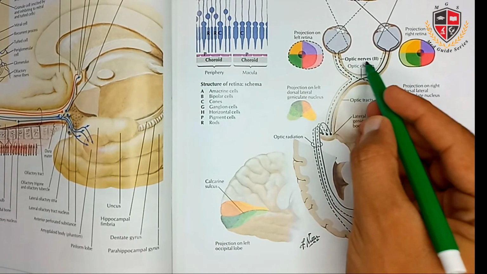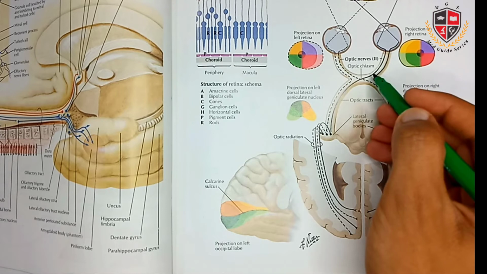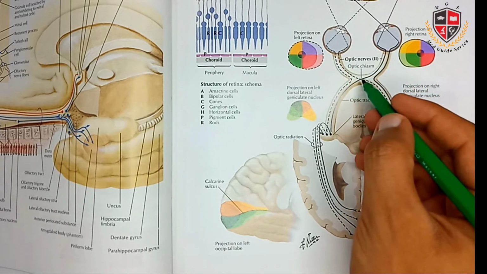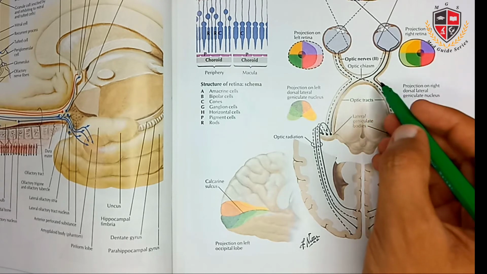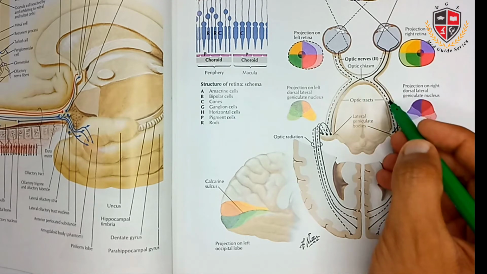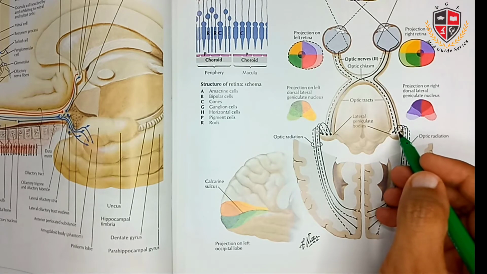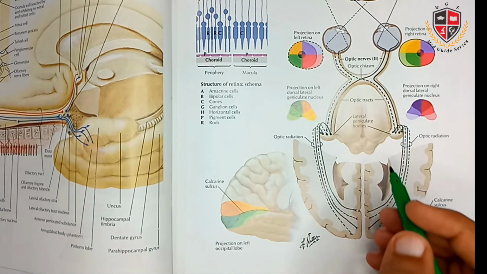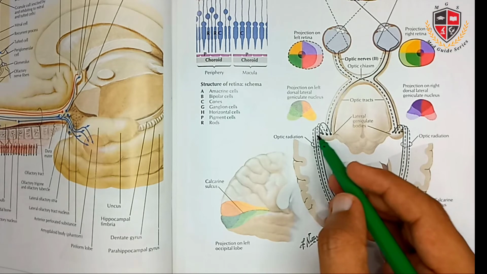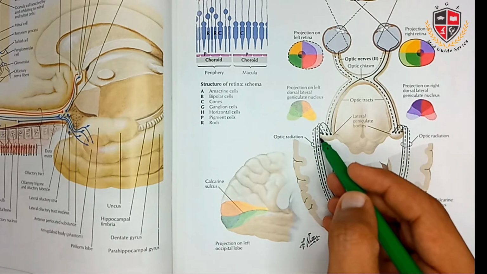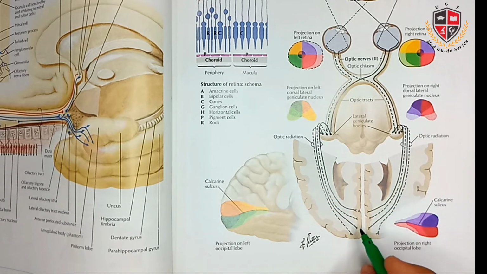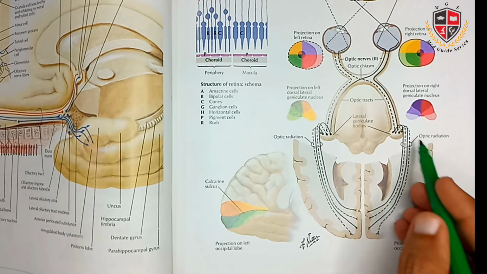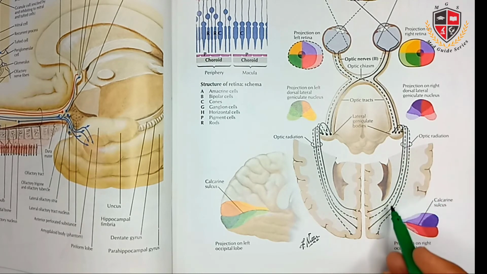Then the optic nerves of both eyes converge on the optic chiasma at sulcus chiasmaticus. Then the optic tracts goes to the lateral geniculate bodies, and the optic radiation from lateral geniculate bodies emerge and they converge on the occipital lobe. These are the optic radiation and they terminate at